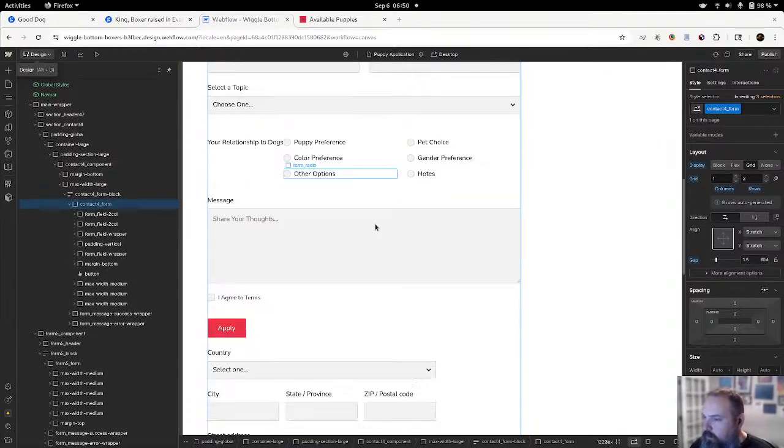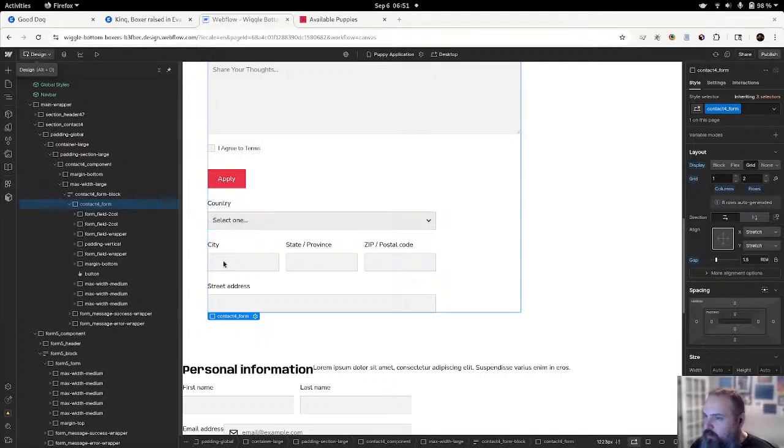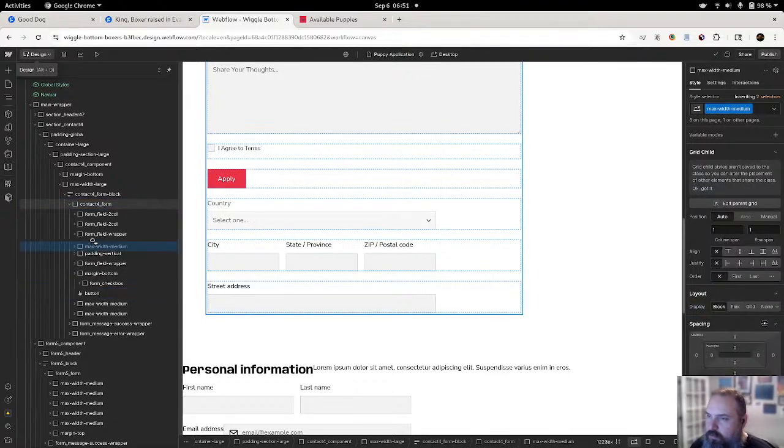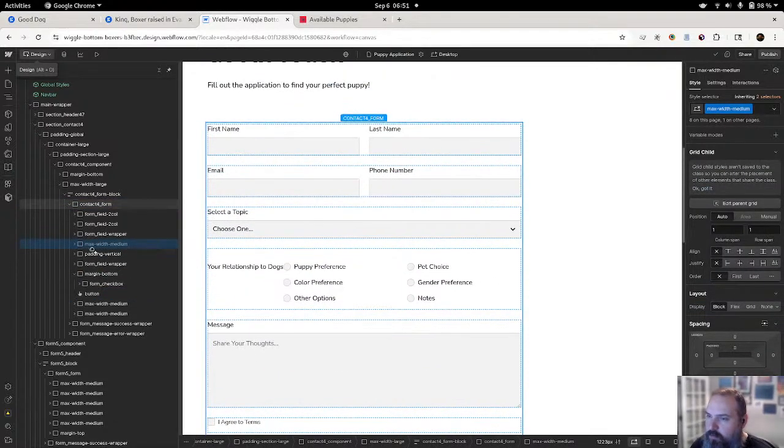And what else we got going on? So there is our country, city, state, zip, and street address. And then we're just going to put these somewhere up here.